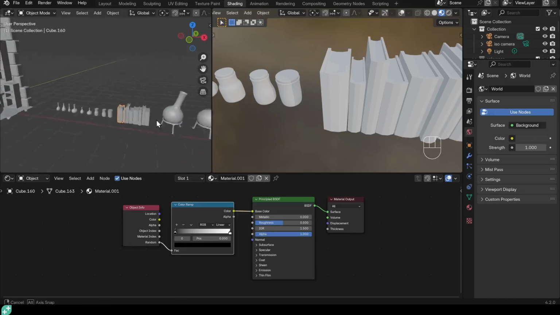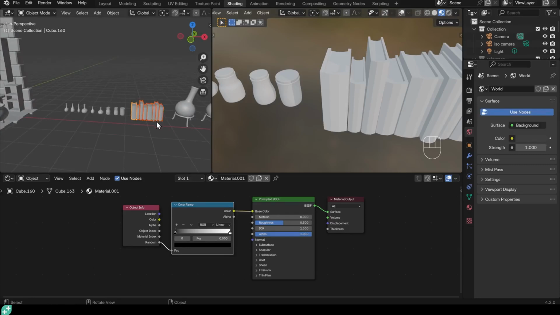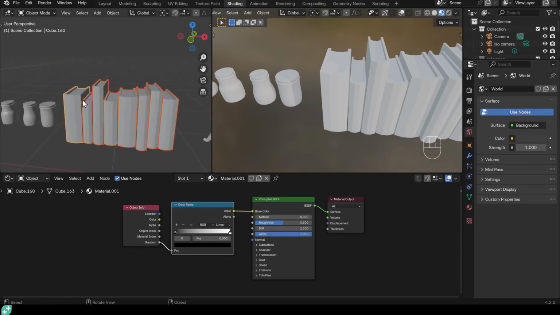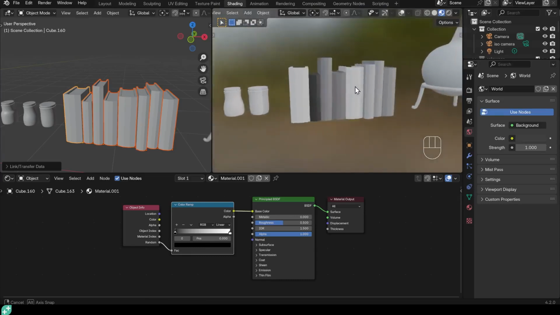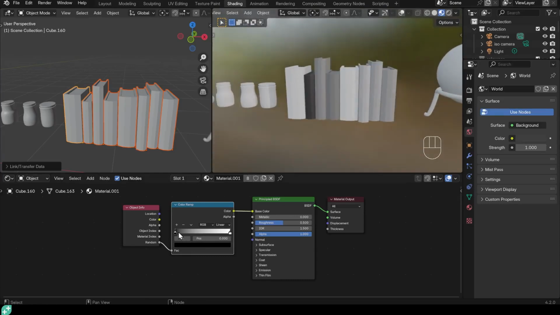So if I select the other books, so I've selected all the books here, and this one is the one that's selected last, or the active object, I should say, Control L and link materials. You can see that they've all got a random black and white color. So all I need to do now is set up some colors in here. Okay, so what I'll quickly do is move these to a new collection, just so they're in a book collection. So move, new collection, books. And I'll set them up to an empty in a while, and then we can move them around easily. But for now, let's sort out the color ramp.